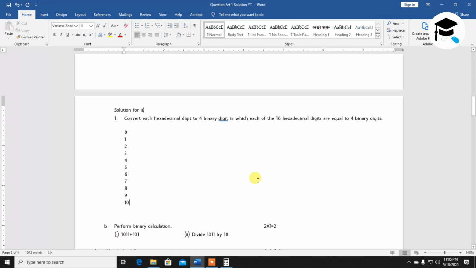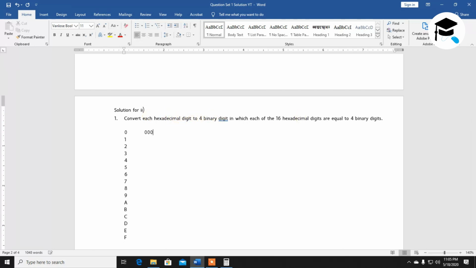Yeah, you may be thinking it's 10, but if we are using hexadecimal, then what will it be? A, B, C, D, E, and it lasts up to F. Now see here, the above statement states that if you are writing 0 in hexadecimal, then it's simply 0, but in case of binary, when it is converted, we write it in 4 digits. Here, convert each hexadecimal digit to 4 binary digits.